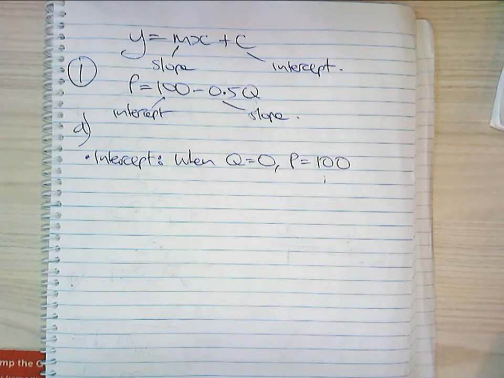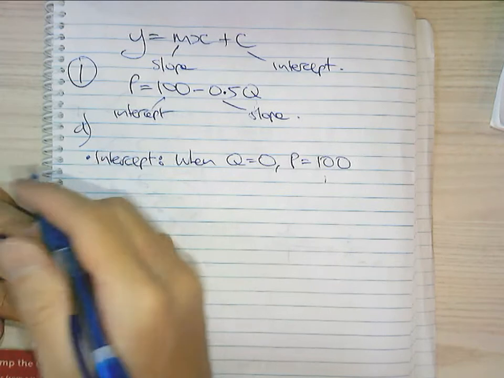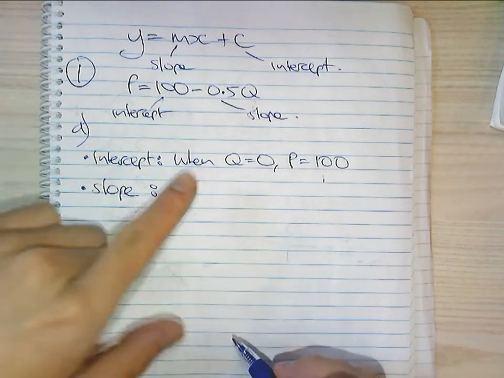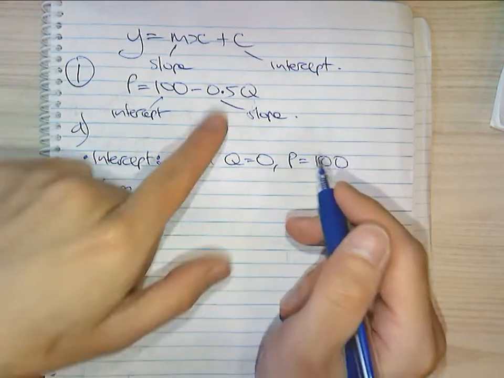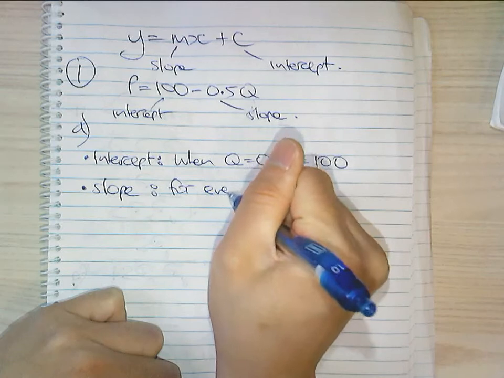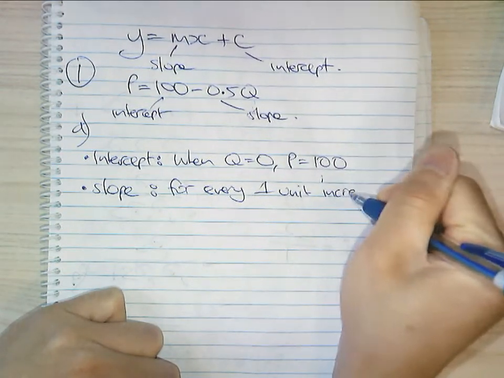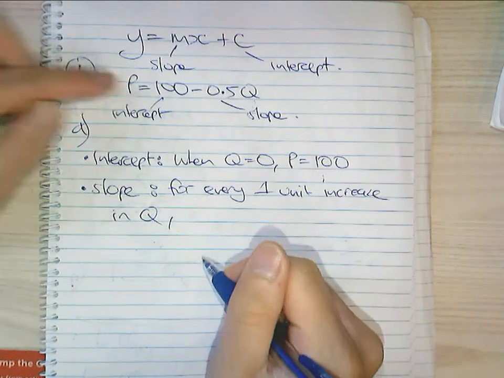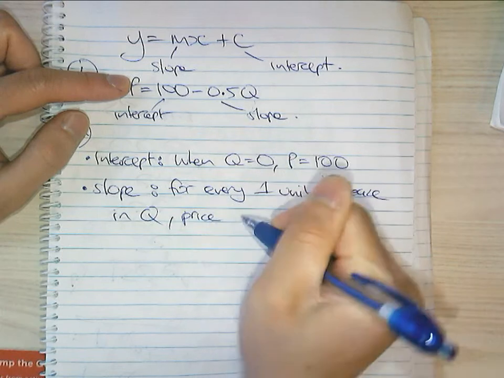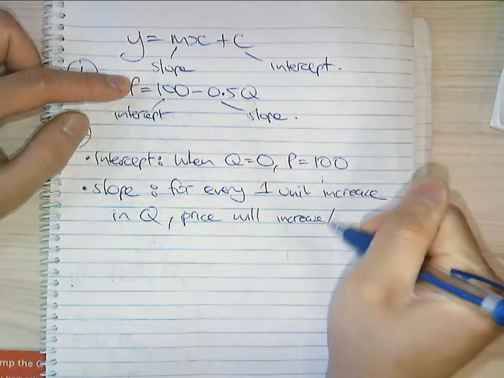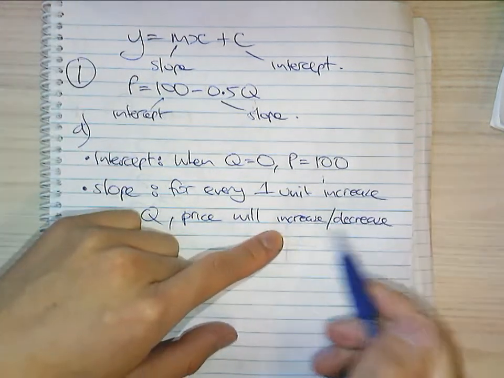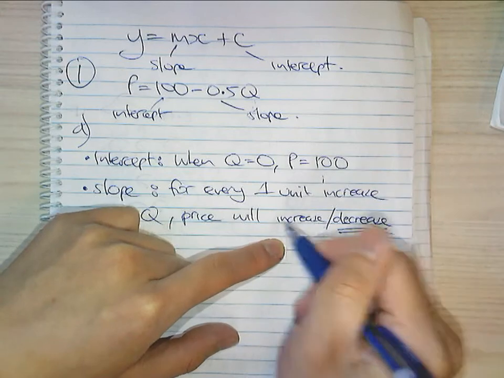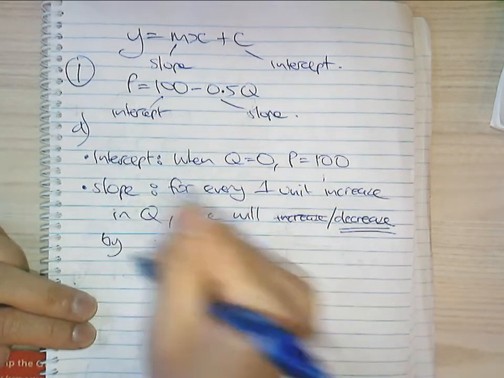Let's keep on going. Let's interpret the slope. There's also a template version we can employ here, and it reads something like this. For every 1 unit increase in q, and if you've done any basic economics subject before, you would have seen this definition, the price will either increase or decrease. Whether it's increasing or decreasing will depend on the slope sign. Here the slope is negative, so I'm going to use the word decrease. You can cross out increase. So it will decrease by 0.5